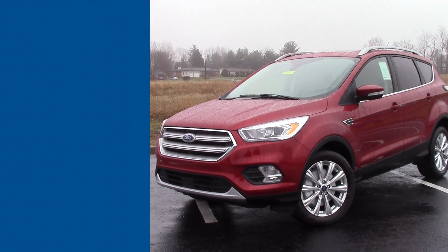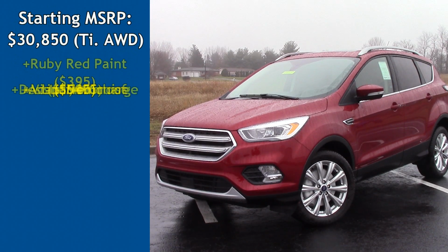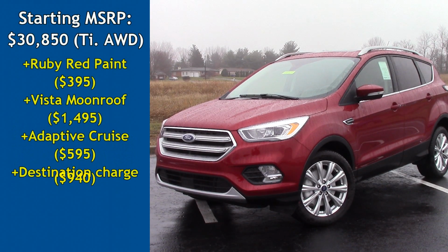As always, we will start out the comparison by establishing the price and option levels of the 2 models. Starting with the Escape, we have the highest of the 3 trim levels offered, the Titanium. The starting price for the Titanium with all-wheel drive is $30,850, but we have some additional options added to that. They are ruby red paint, panoramic moonroof, and adaptive cruise control. Add in destination, and that brings you to a total price of